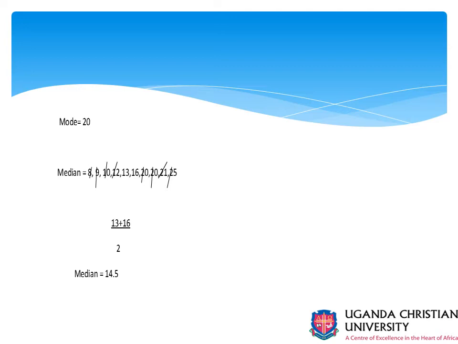If the sample size was an odd number, like 3, 5, 7, 9, we would have only one figure remaining in the middle. So it would have been easier for us. But since the sample size is an even number, we are remaining with two figures in the middle. So we find their mean,